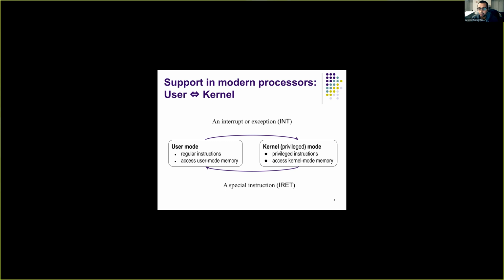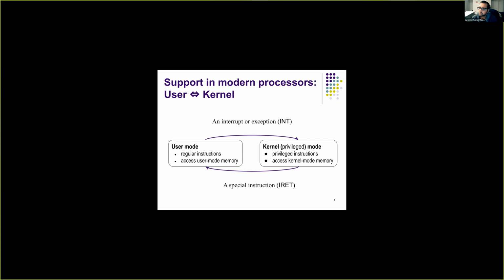Okay, and after the kernel finishes servicing a system call or an interrupt, it can return to user mode by using a special instruction called iret. So here, switching from user mode to kernel mode happens in hardware and it happens atomically, right? The processor takes care of switching the address space and also turning off the relocation. Okay,